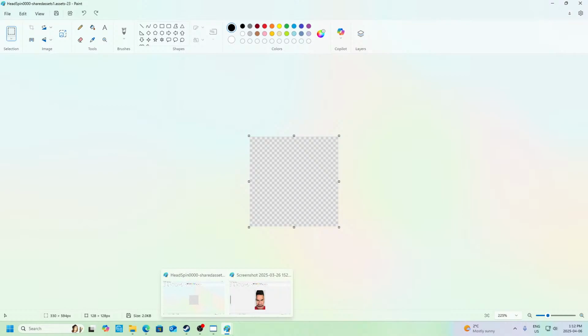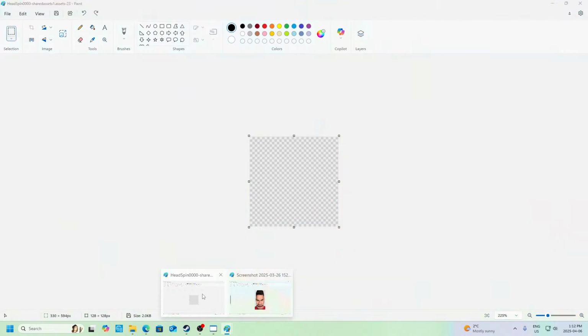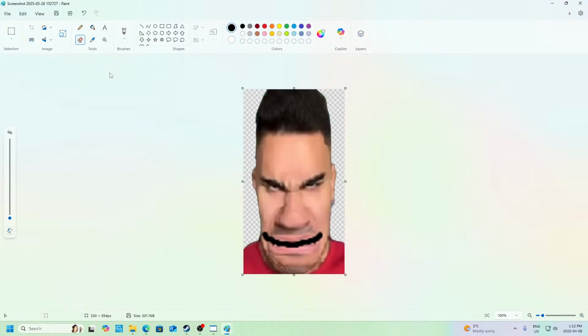But anyways, we're going to change this custom Angry Doris background that I made from 330 by 594 pixels to 120 by 120 pixels. So to change the resolution, you just got to go to this icon that has the picture icon and the weird square, and this arrow right here at the upper right hand corner of the icon. So I'm just going to click on it. It's called Resize and Skew. You can also click Control W